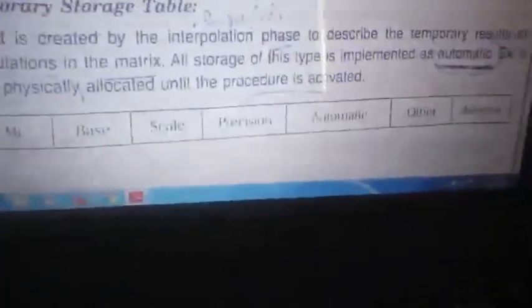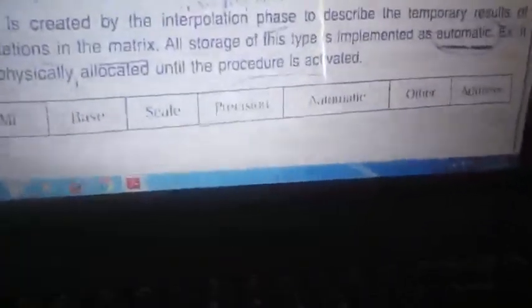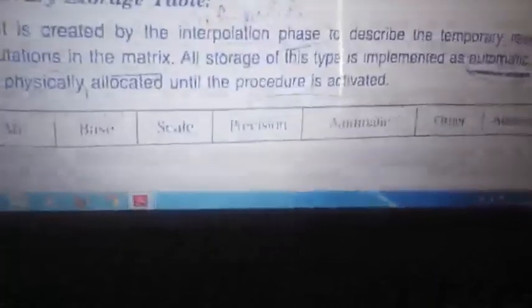Next is the temporary table. The temporary table is used to store the matrix lines. In the example we discussed with the cost, we had 8 lines. Those lines are not the final result. The final result is only in line number 8, right? Lines 1 to 7 are temporary. Creating them is automatic.